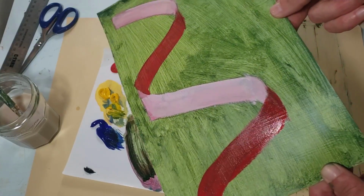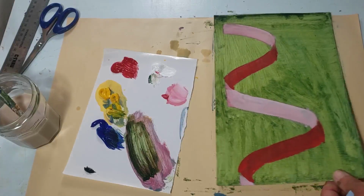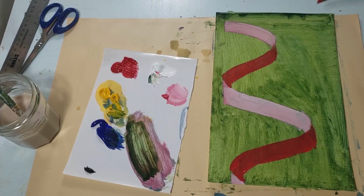Alright, so my paint is still wet. I'm going to let this dry a little bit. And as I let it dry, I may want to add another